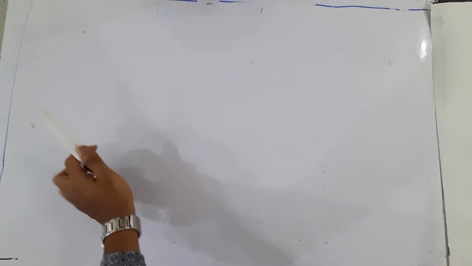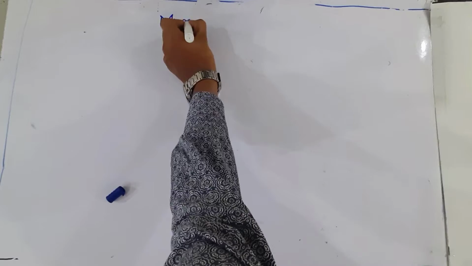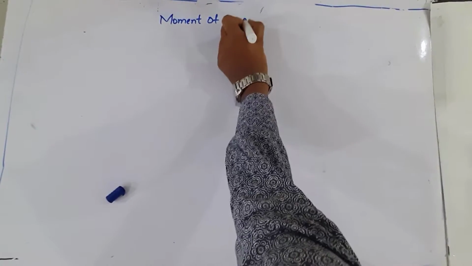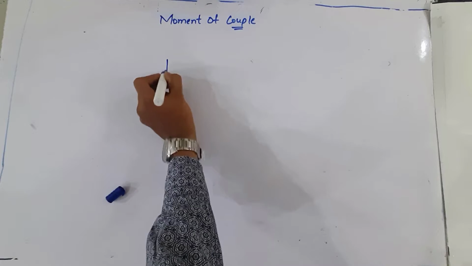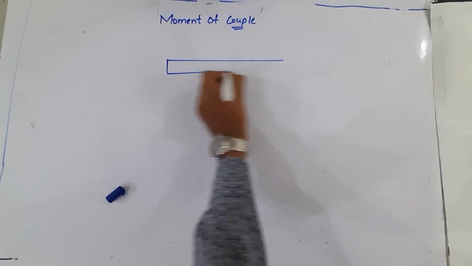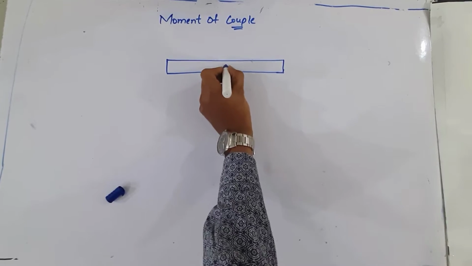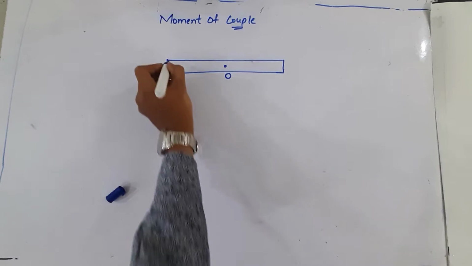So in this lecture we will learn about moment of couple. So first of all we will consider a metallic rod, and the rod is pivoted at a point at its center, and we mark it as O, and the ends